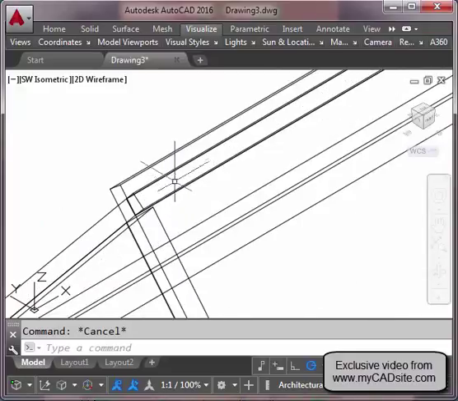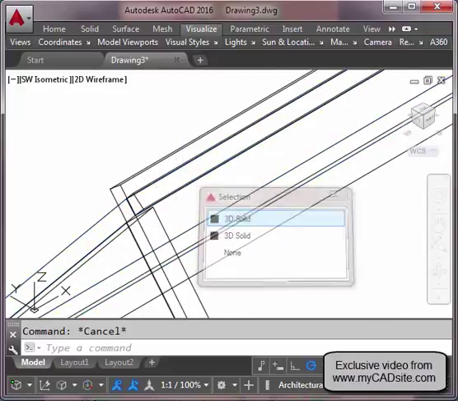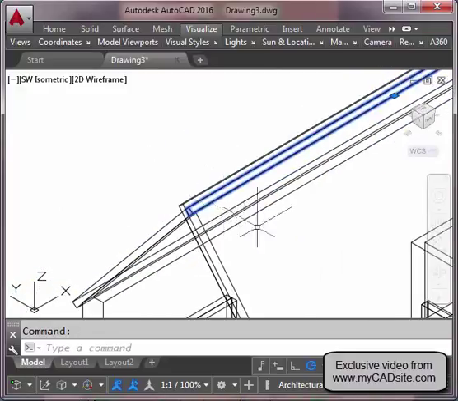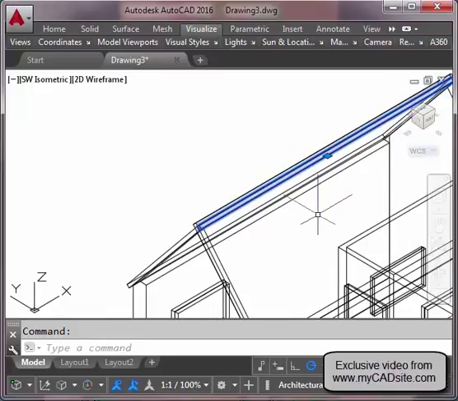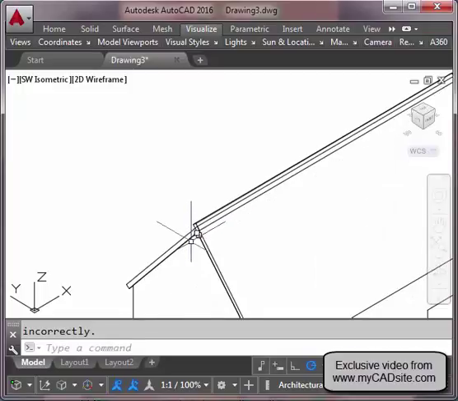And now what I can do, it's just hard to see these, but there it is, and there's the little piece left over. So now I can erase that. So now if I do a hide command,